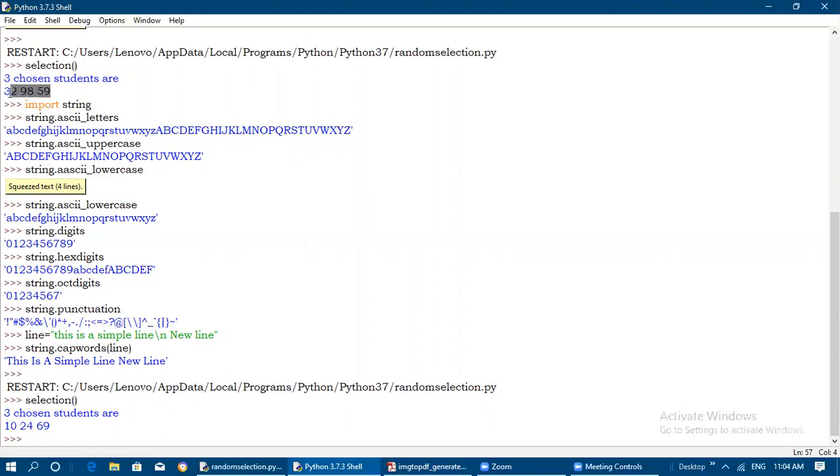So that's the use of this random function, randint. Randint generates a random number between 1 to 100. See here, up to 99 it will generate, it won't include 100. Okay, see, 32, 98, 59, and here 10, 24, 69.